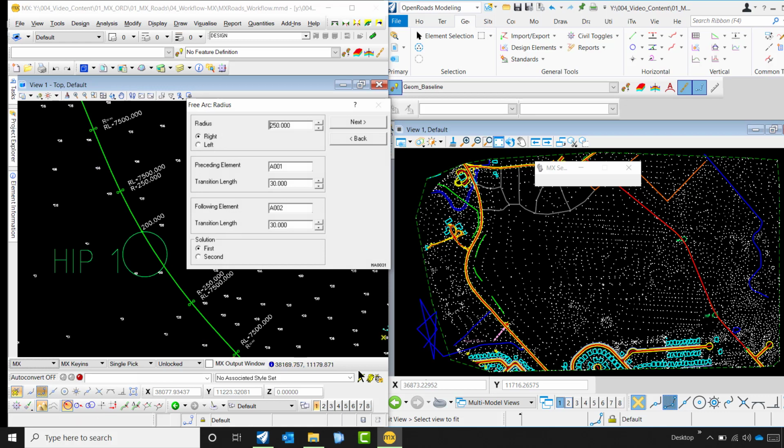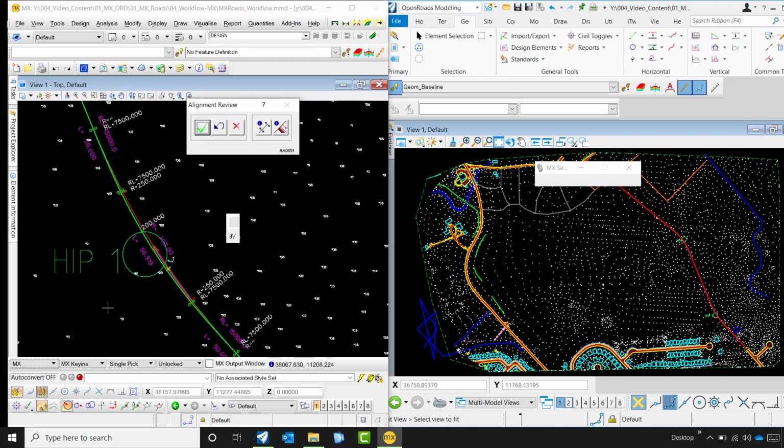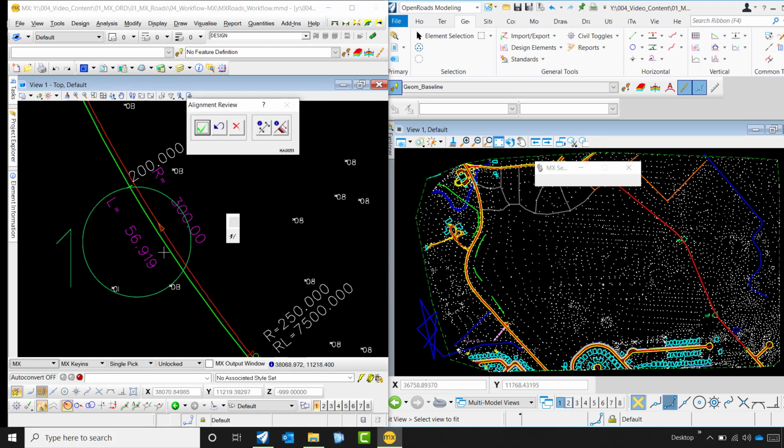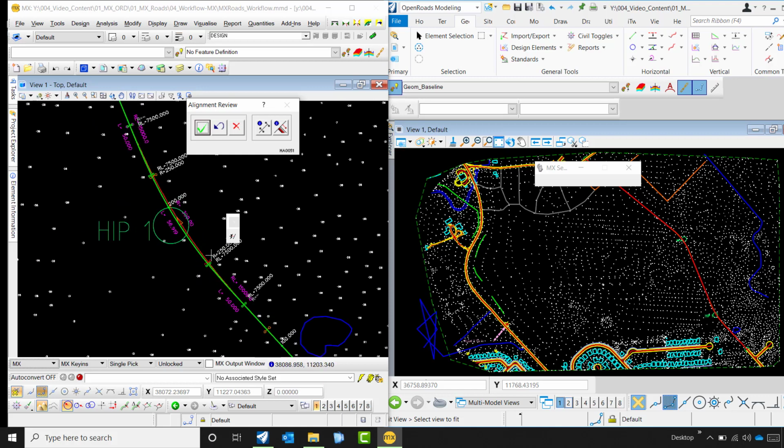I shall pick that link where I want to change the radius, and from here you could simply change the radius from 250 to 300 and change the transition length too. So that will update your geometry and it will show you the new curve radius along with the transition length.